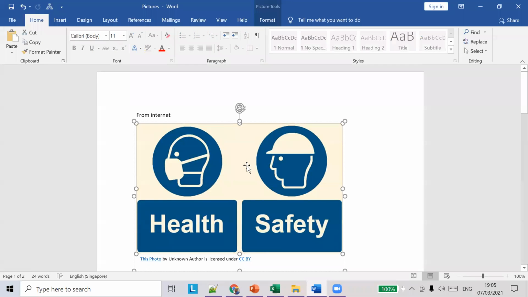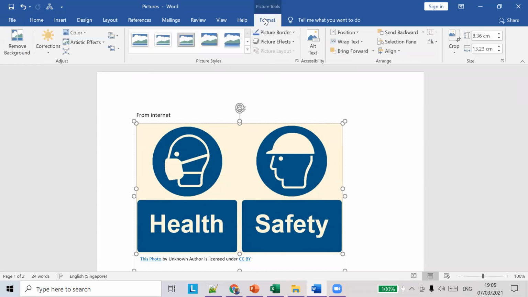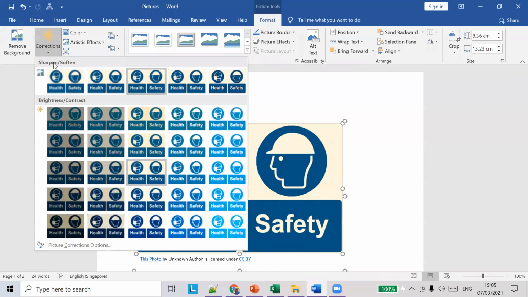Select this picture, go to format, and you can see corrections here. Corrections change the brightness and contrast of the picture. You can choose any brightness or contrast using this option. You can see the preview also once you keep your mouse on the appropriate option. If you keep it here, it looks dark.